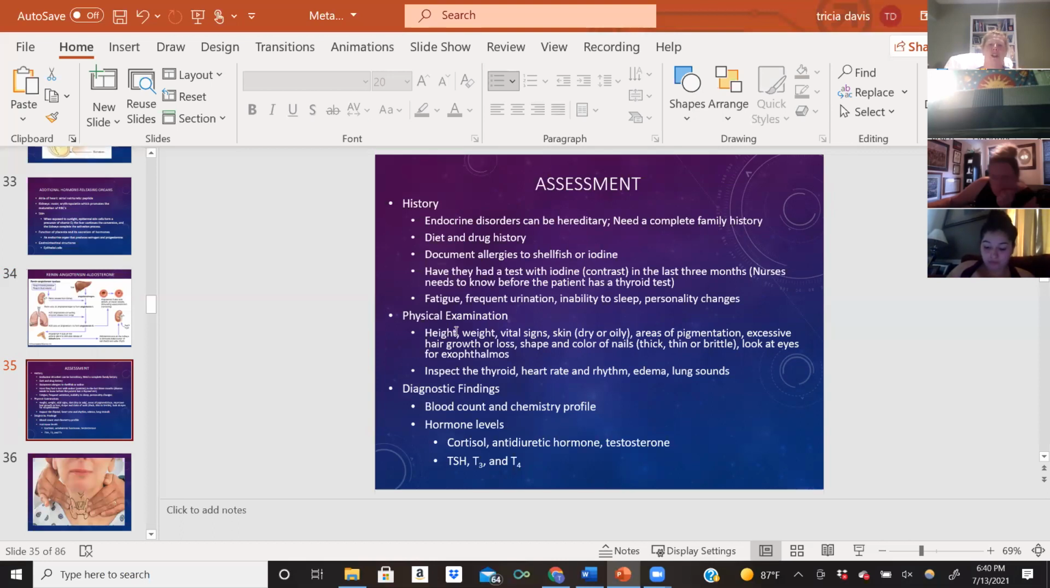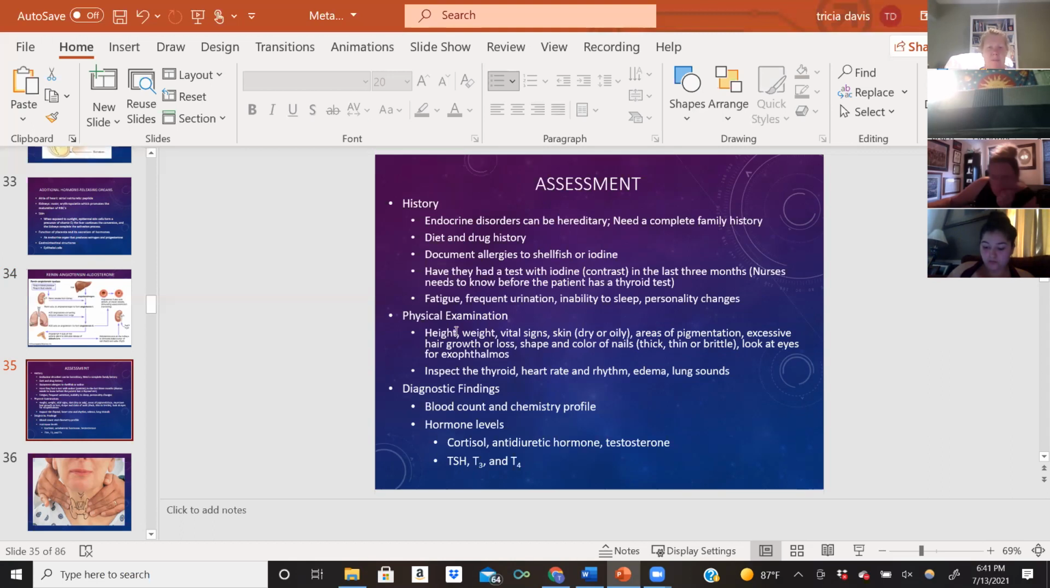We also want to know about their diet and drug history. Some medicines can cause these problems. And like we said, you need to get iodine in your diet. So we really need to know what their diet looks like. So we would want to know, do they have any allergies to shellfish or iodine? We also want to know if they have had a test with iodine contrast in the last 3 months. This is something we would want to ask before the patient has a thyroid test, because it can alter the